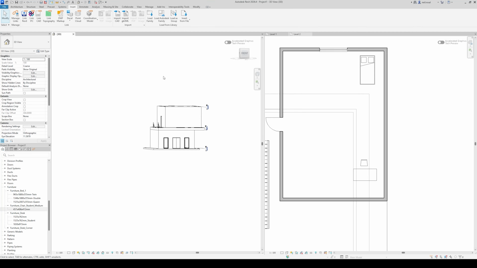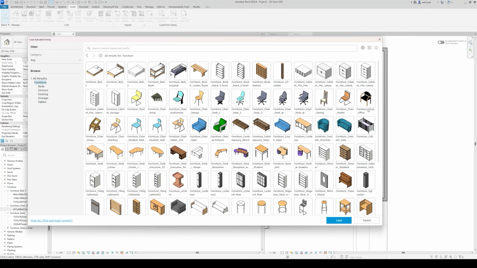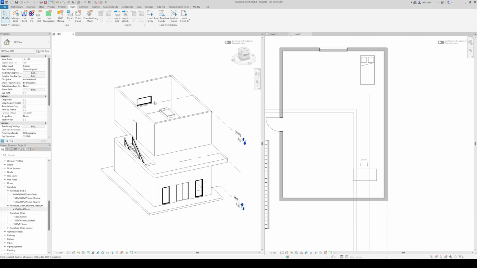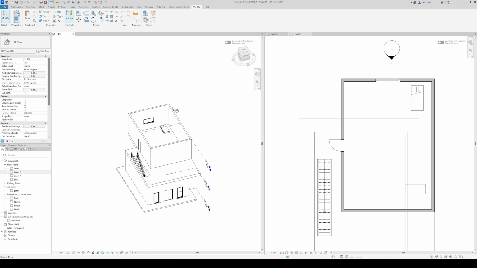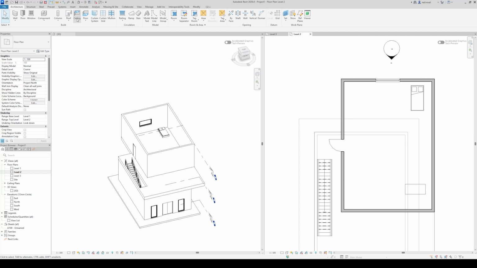And yeah, you can do that to any other family like doors, windows, as I mentioned. When we press that Load Autodesk Family, it's very helpful. So I want to get to the roof of this project, but actually I want to create a separate room for my bedroom at level 2 first. Let's go back